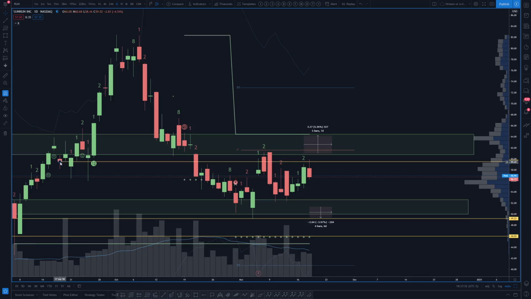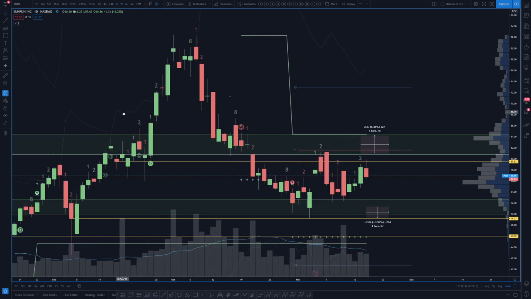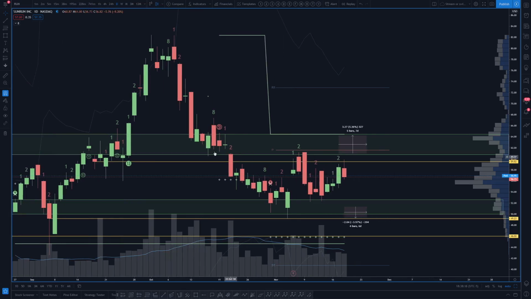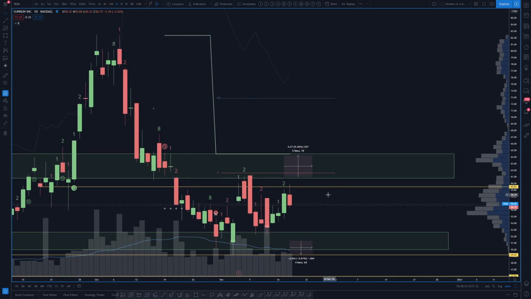So bulls are struggling to get over this lowest close in this chop area. See, this is why I like to use the closes for chop zones, because they represent places where there was a lot of congestion, right? The lowest close is a significant place where there was, I guess, a contention. There was a large battle between buyers and sellers. So this is kind of bearish to me, right? The fact that they can't get over this area, right? And so if there was another attempt in hourly overbought conditions, I think that would be just